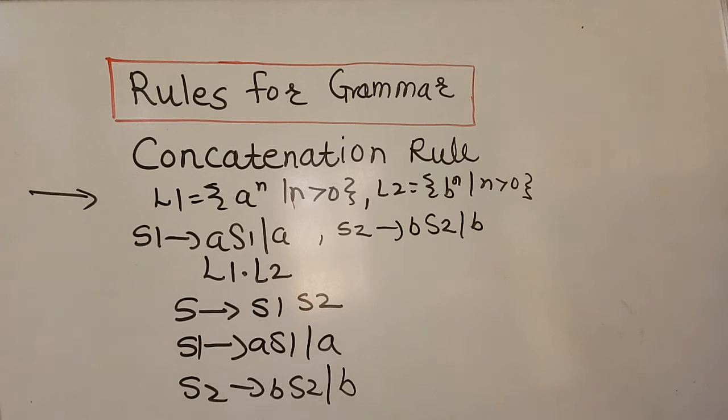By using these two rules, we can easily write the union or concatenation of any languages while writing their grammar. So this is all about how to use the different rules for grammars while solving any problem. In the next few videos, we will see different examples related to these grammar types. Thank you so much.